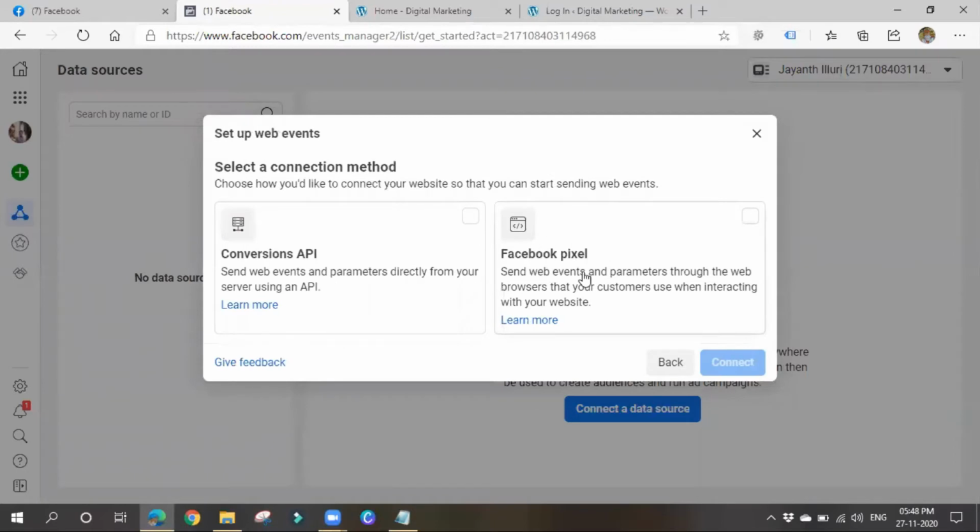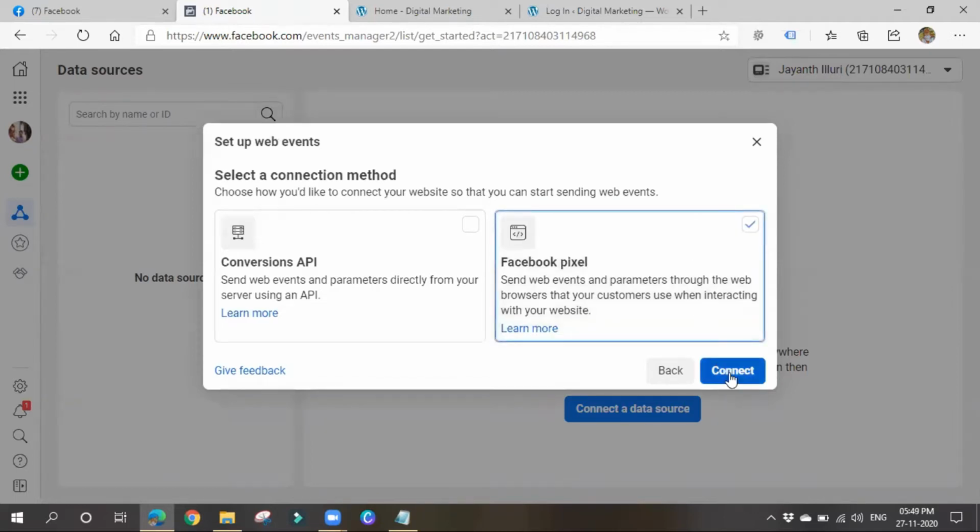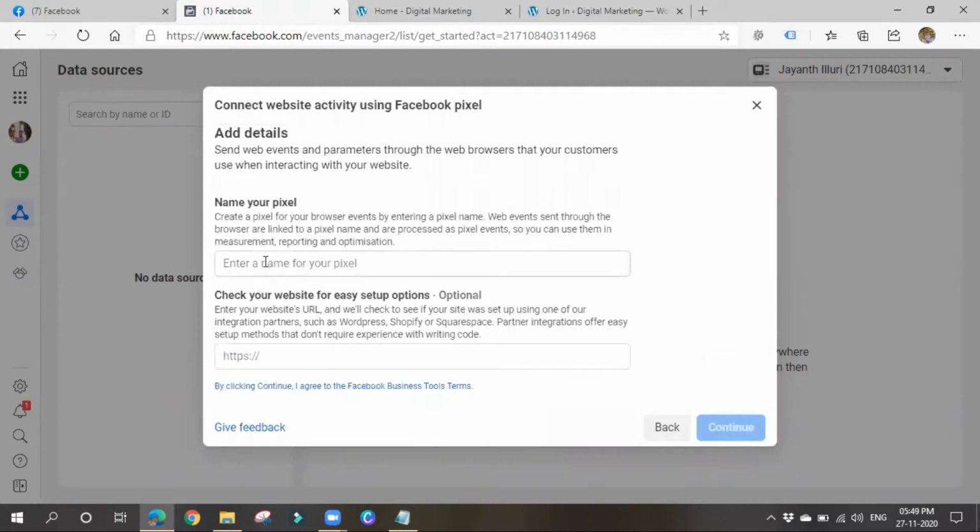So I want to place this Facebook Pixel code. See, it says send web events and parameters to the web browsers that your customers use when interacting with your website. So it will collect all the data when users are interacting with my website. Click on Facebook Pixel, click on connect. You have to give your pixel a name.